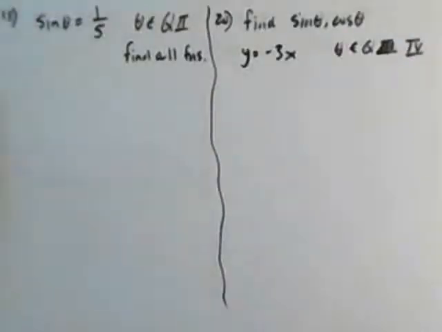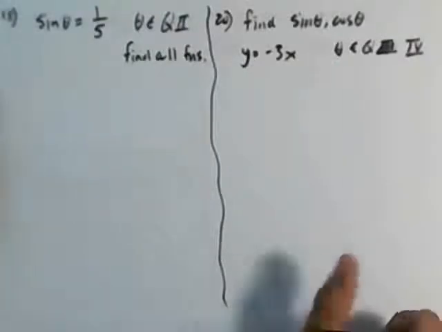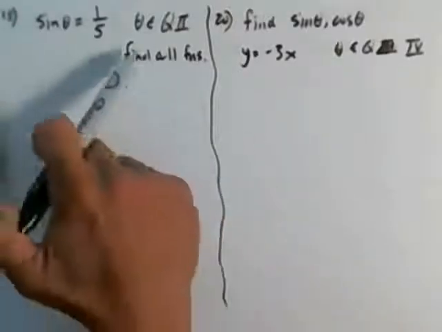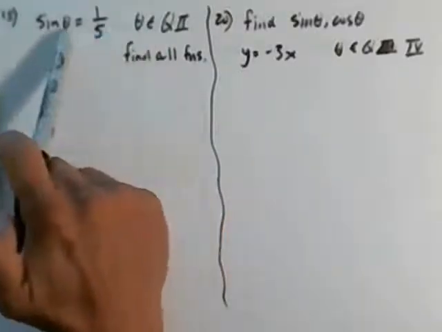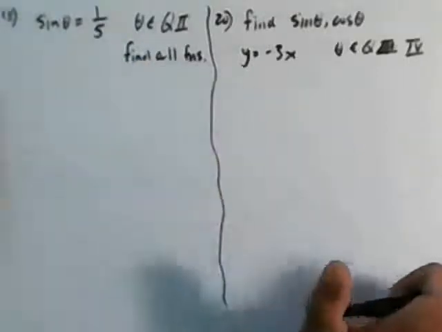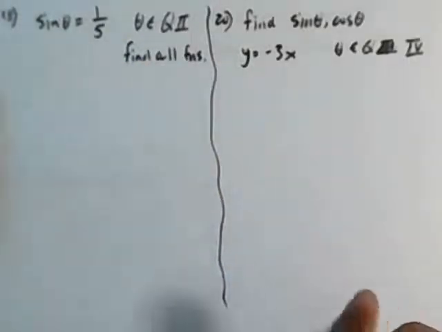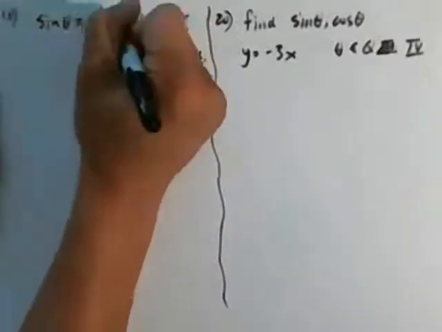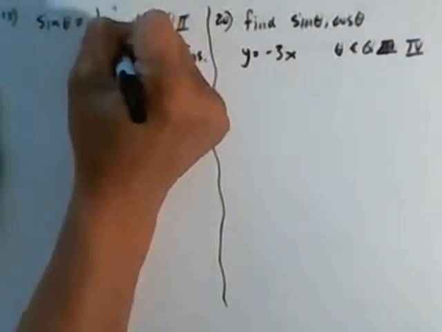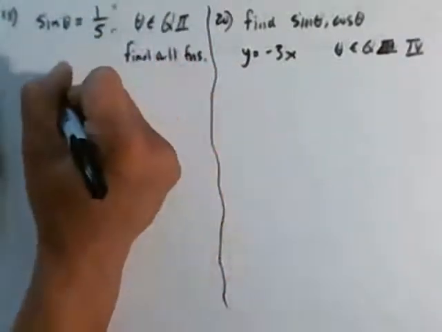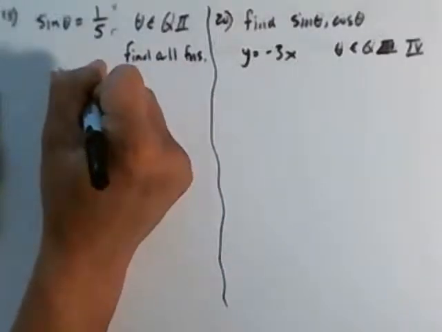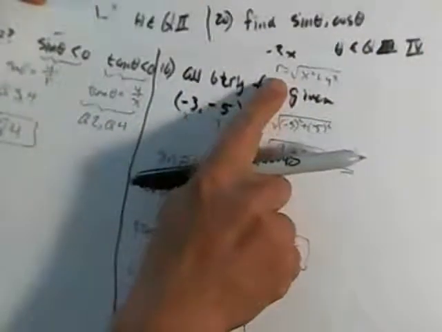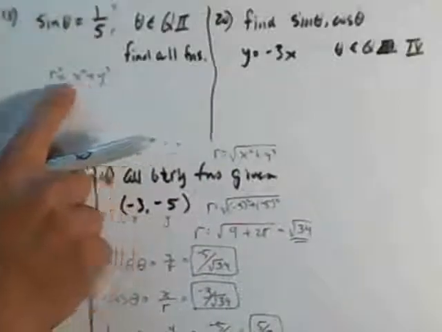Next problem, number 18. I have about 10 minutes left. I'm going to try to get this done as soon as possible. Okay. The sine of the angle theta is 1 over 5, and theta is in quadrant 2. Find all trigonometric functions. So how do we do this? Since the sine is y over r, we have to find the value of x. So r squared is equal to x squared plus y squared. Don't forget, this form right here, r equals the square root of x squared plus y squared, is the same as this. I just took the square root